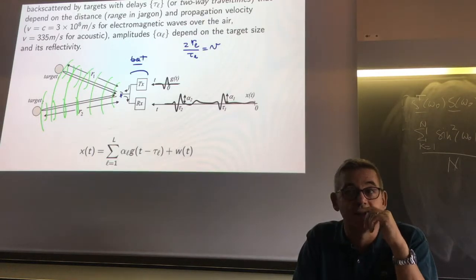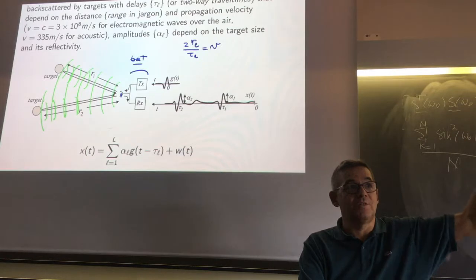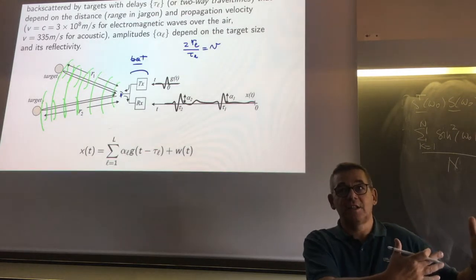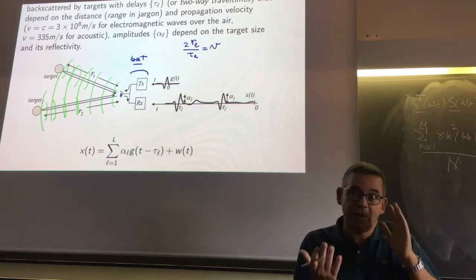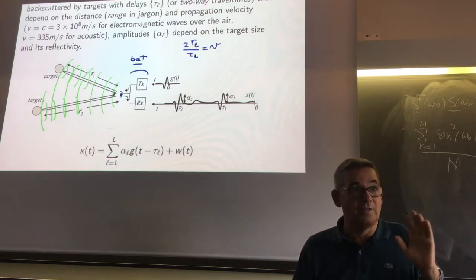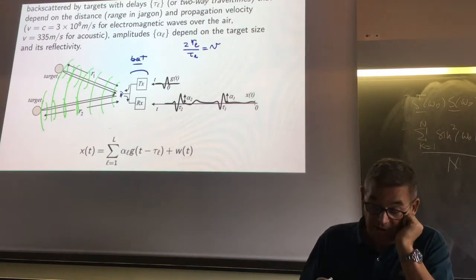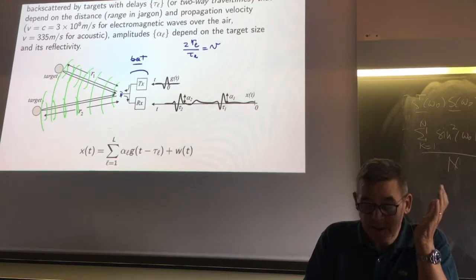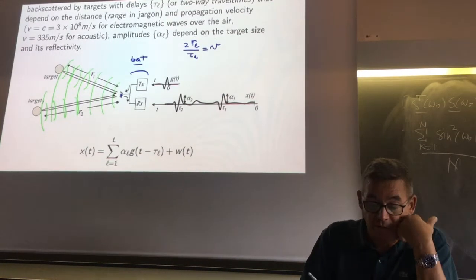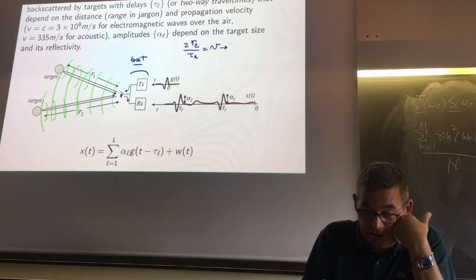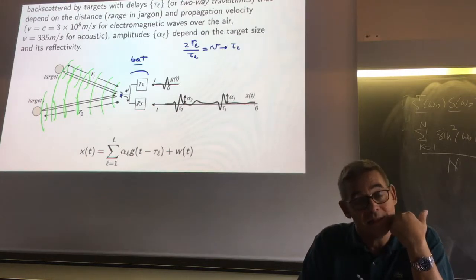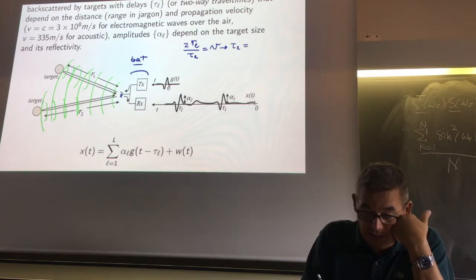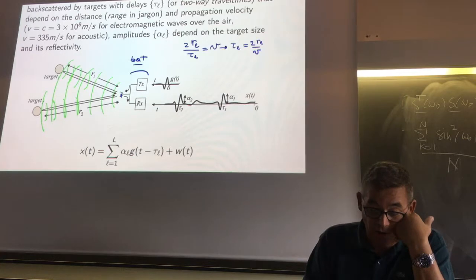So it's similar to when you see a thunderstorm. You see the flash, and after a certain time you hear the noise. And this way you calculate the distance of the flash, where this happened. So in this way I know that the time of delay for the Lth target is equal to 2 times the distance divided by V. So what I record here,